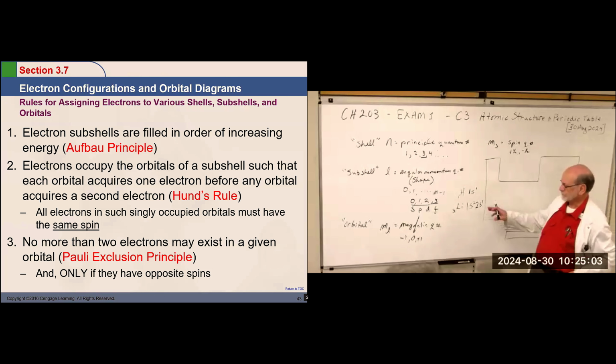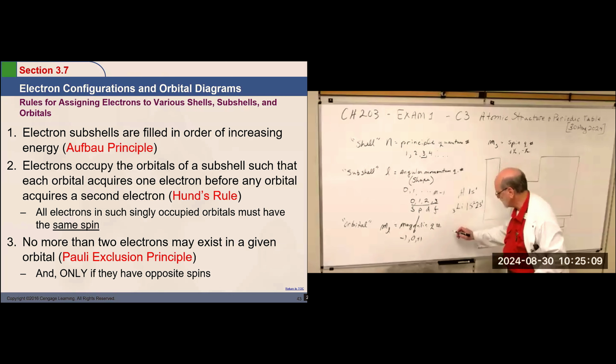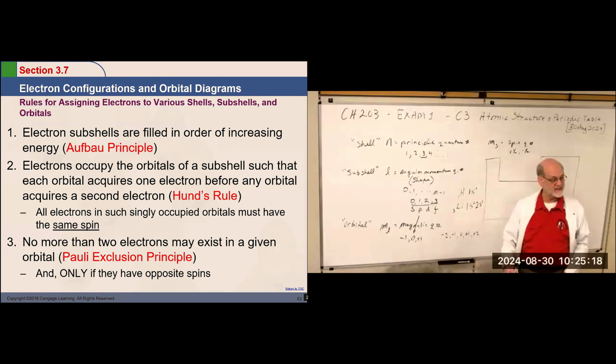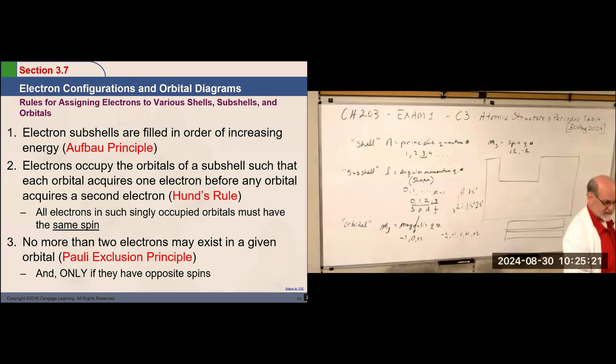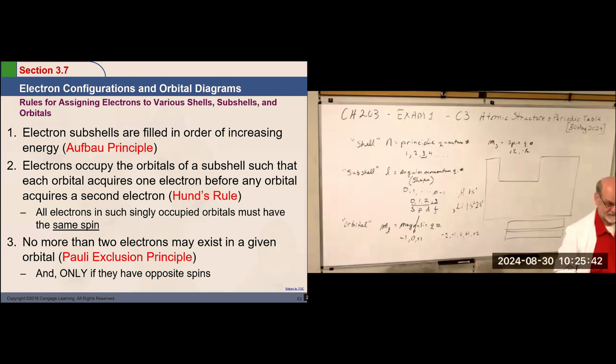And then once you get to d's, 2, then you have the possibility -2, -1, 0, +1, +2. Right? 2 electrons each, you can have 10. 10 elements to fill up the last of your orbitals. And look how many there are. Scandium, titanium, vanadium, chromium, manganese, iron, cobalt, nickel, copper, zinc. 10 elements. The transition elements, you're filling d orbitals. Okay? So you see where I'm going with this?